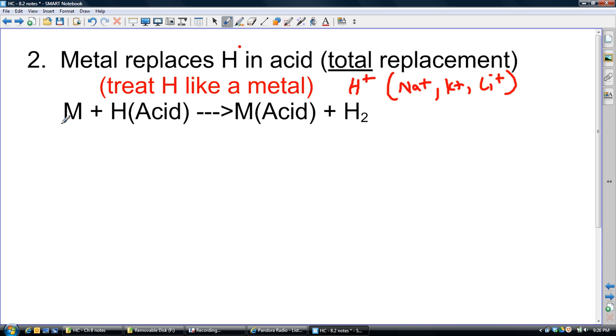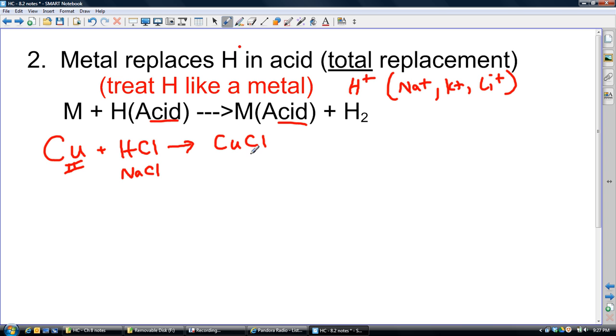So here we have a metal by itself, and then we have it reacting with an acid in which it has hydrogen. So let's say we pick copper metal, and just for reference we'll say we're going to use copper 2 metal. Again, if it doesn't say, you can pick which one you want. And let's say we react it with hydrochloric acid. So what's going to happen is this hydrogen is going to act like a metal, and it's going to trade places with copper. This is no different than if this would be NaCl. So what we're going to have is the metal, copper, is going to bond with the leftover piece of the acid, which in this case is simply